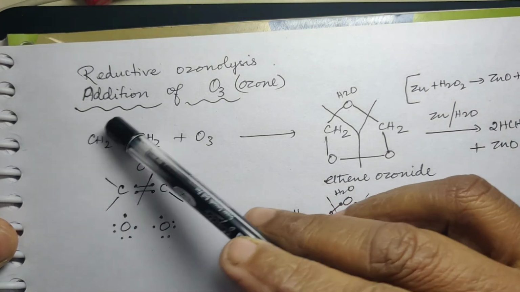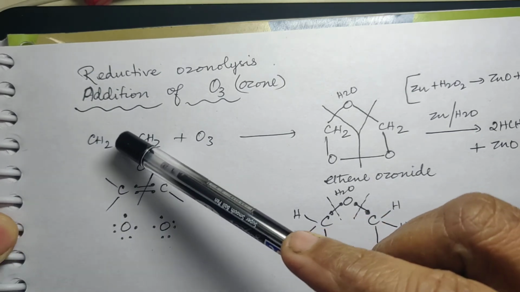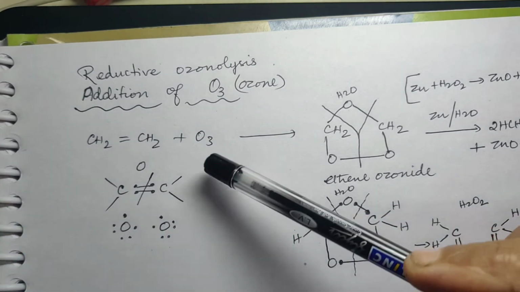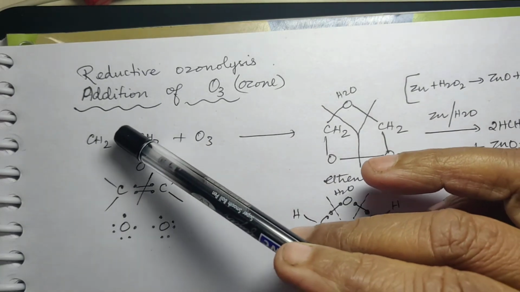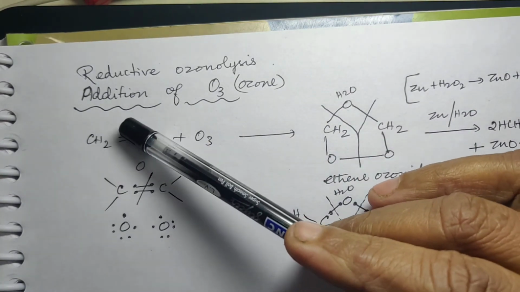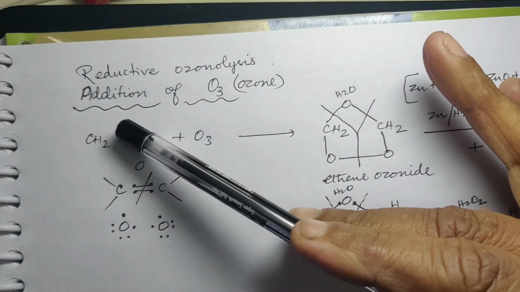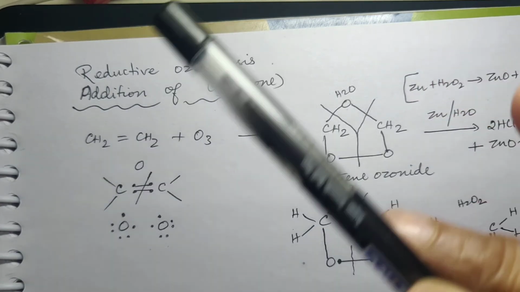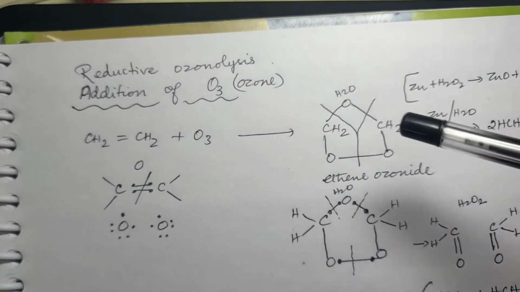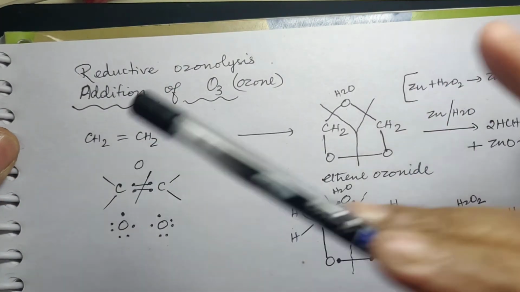Supposing you take ethene. Now you know very well between the two carbon atoms there is a sigma bond and a pi bond. Now when ozone is reacting with it, both sigma and pi break. And if they break, two valencies of each carbon have to be satisfied also. Now how it is getting satisfied, you see. How this ozone is entering into this molecule.